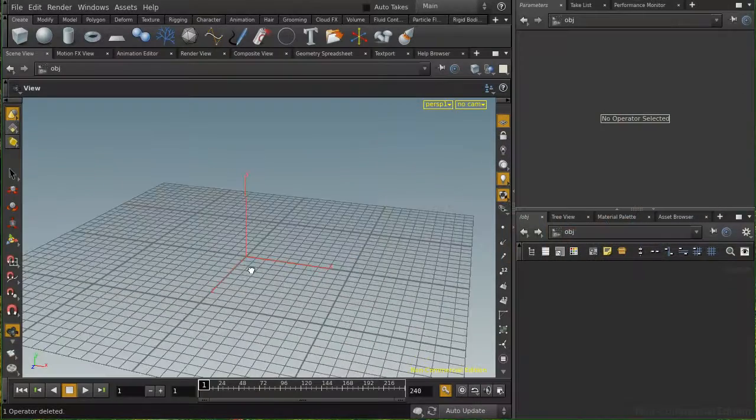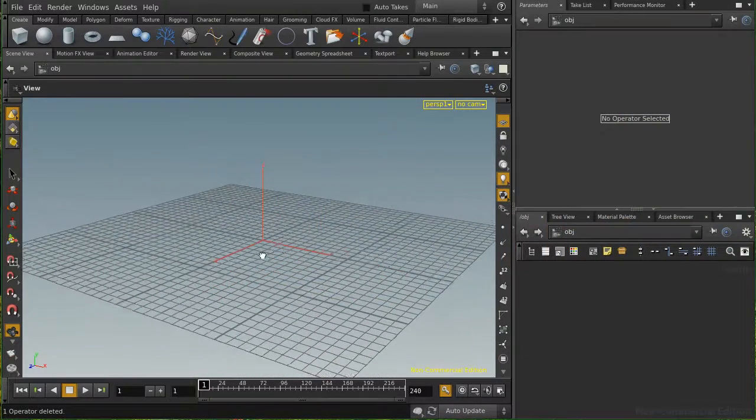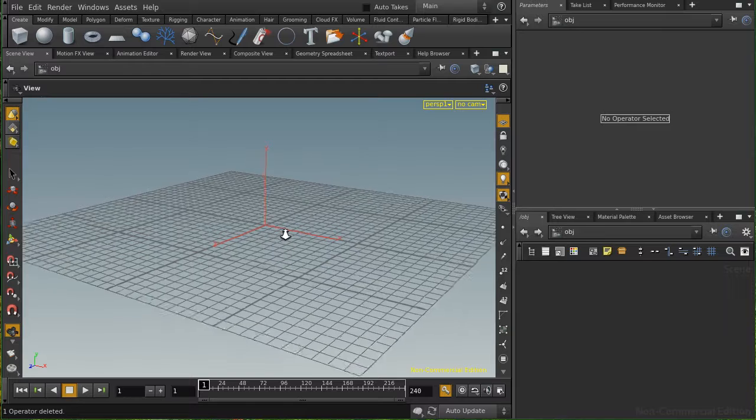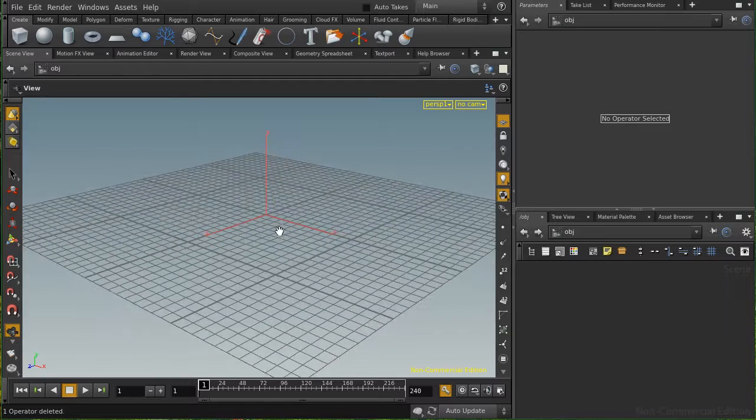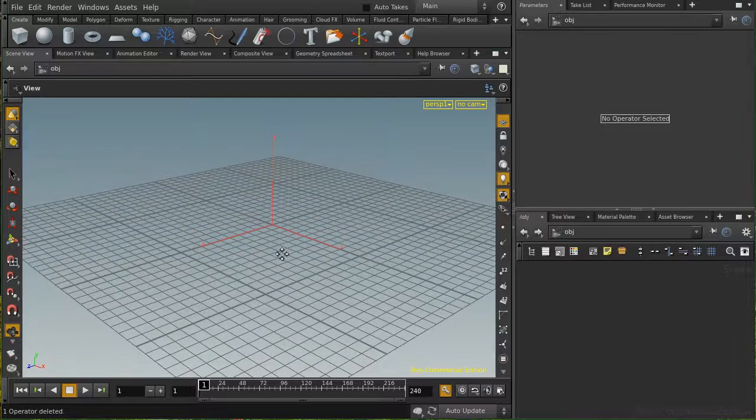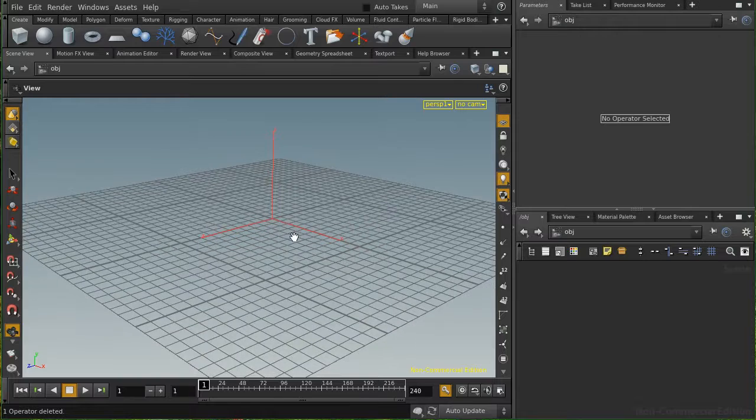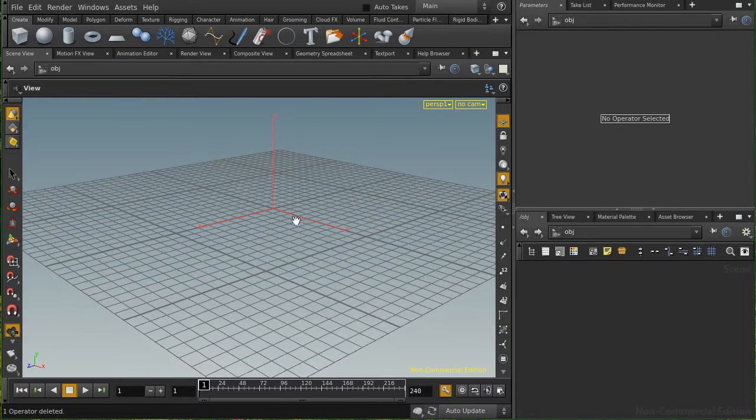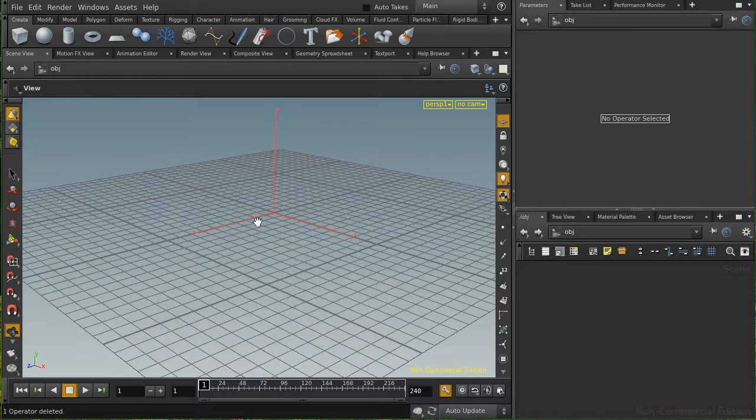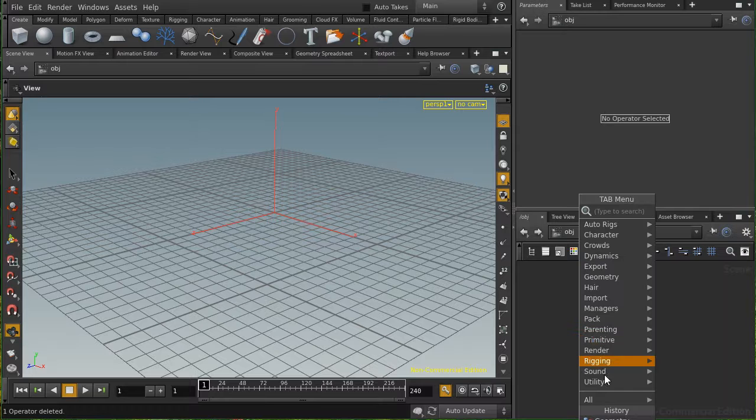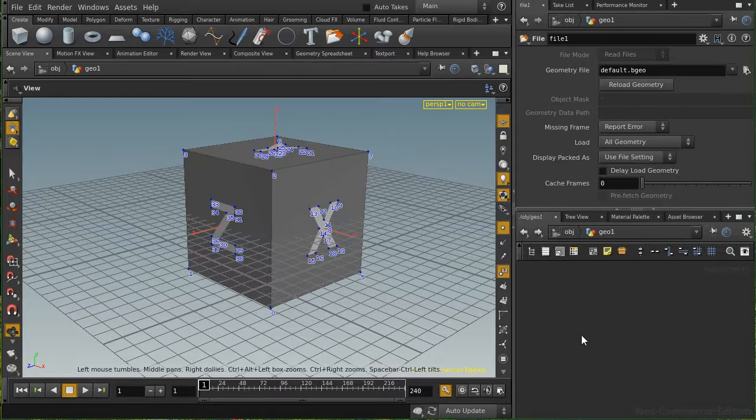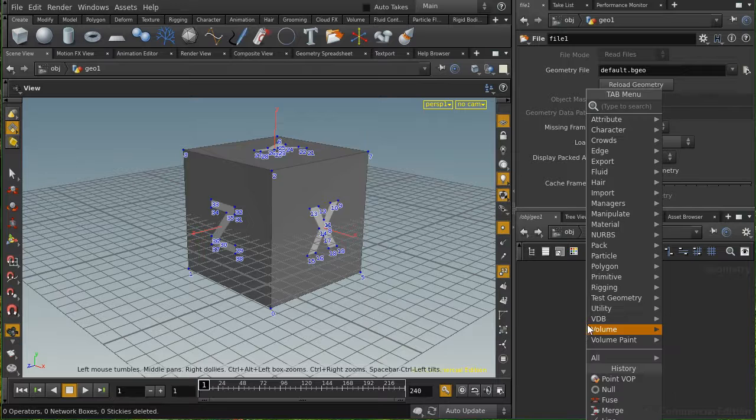Hi everyone, in this video we will talk about the frame of reference and we will see an example of how we can use this frame of reference with a matrix. This frame of reference is a very important concept for 3D. So I will start by creating a geometry node and I will delete this file node